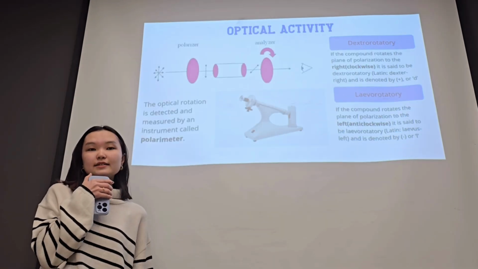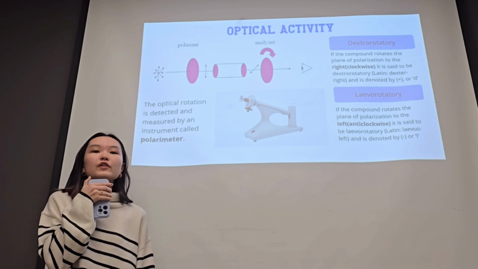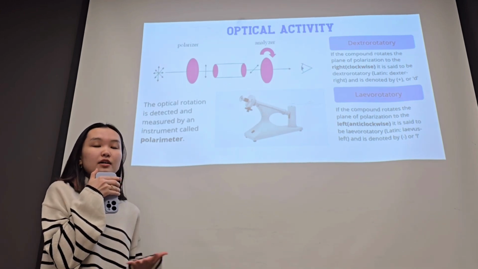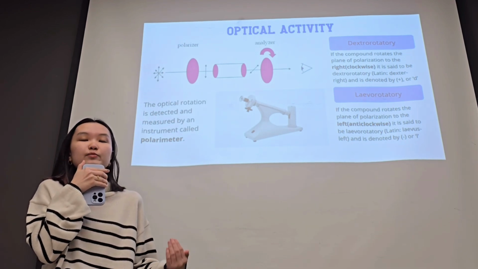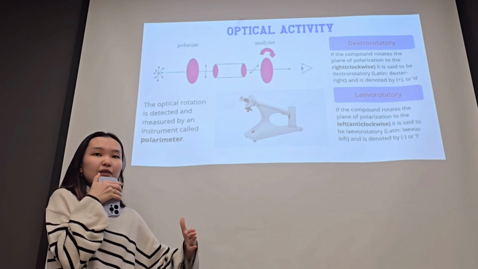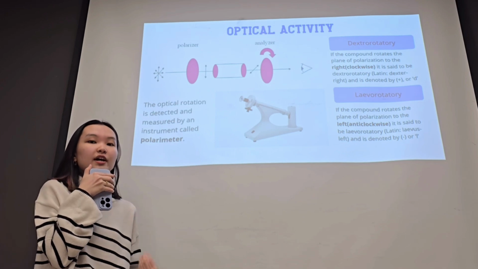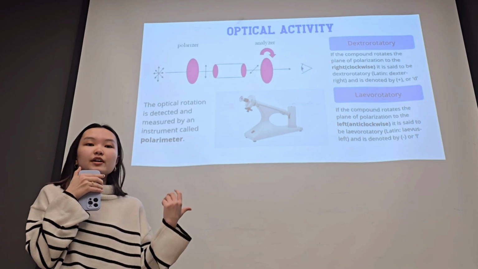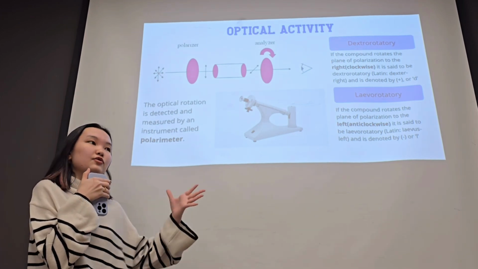So the next is optical activity. Optical activity is the ability of a chiral compound to rotate the plane polarized light. A polarizer filters the light, allowing only vibrations in one plane. So optical activity can be divided into 2 types: the dextrorotatory and the levorotatory. If the compound rotates the light to the right, clockwise, it's called dextrorotatory, and